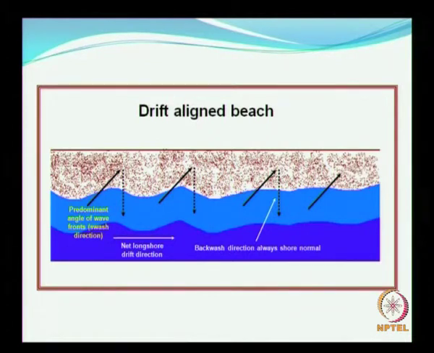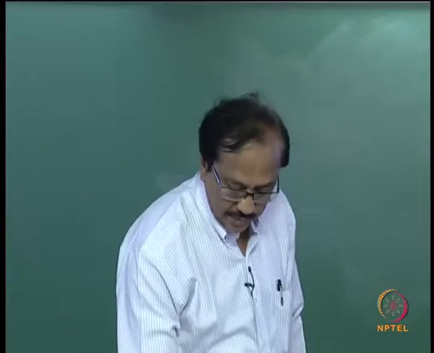So what have we understood? The drift aligned beach, what does that mean? This shows the predominant angle of wave fronts, swash direction, and you have a net sediment direction. There is a backwash. So even if you have some kind of a groin here, you also have to take care of the movement of sand after it is settled. There can be some amount of sand which is taken away into the ocean because of the onshore offshore currents, or what are referred to as cross shore currents. So all these things have to be taken into account.